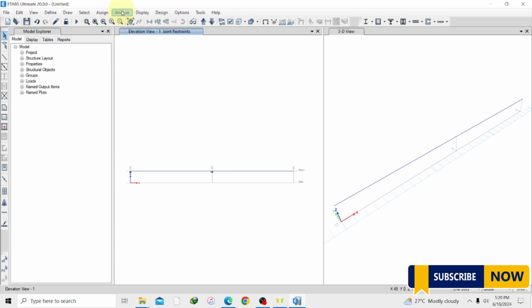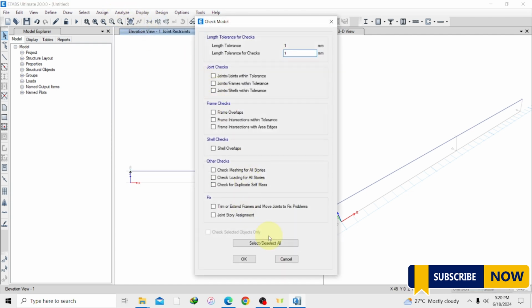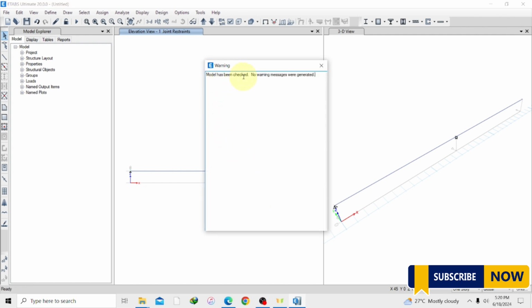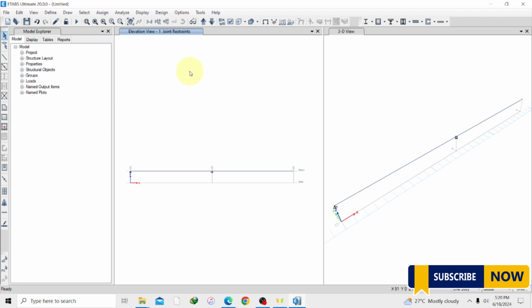So all I have to do is analyze, check model, select, then OK. So model has been checked, no warning messages were generated. So we are going to run analysis, but we know that our beam here also has its own self weight,